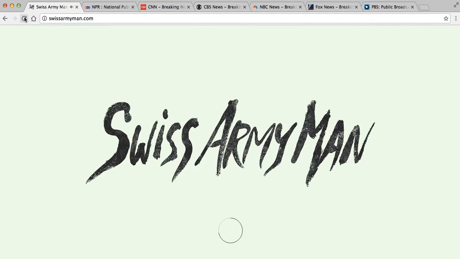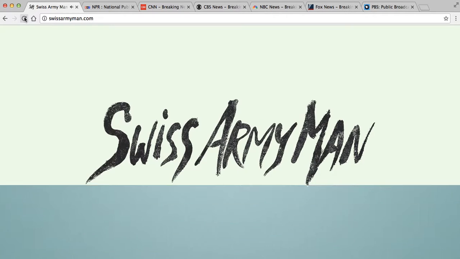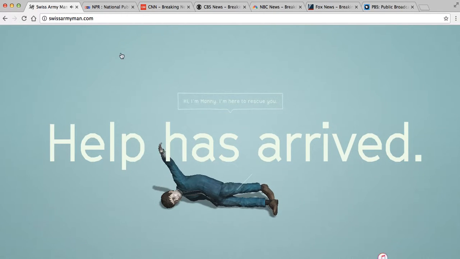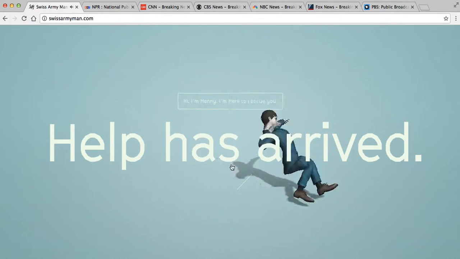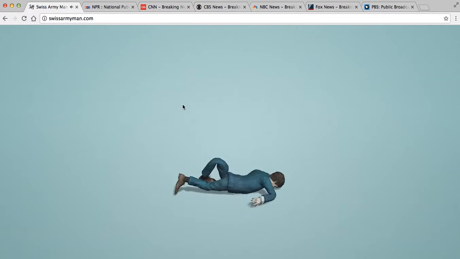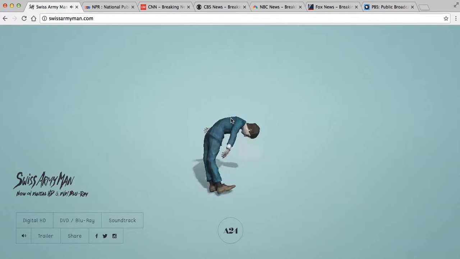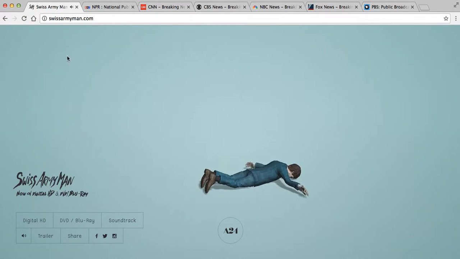So at the beginning of the semester, we talked about web design a little bit in terms of what that has to do with visual communication, and I use this site here, the Swiss Army Man site, to demonstrate to you a couple of ideas. One of which being this concept of affordance. Well, that comes from this